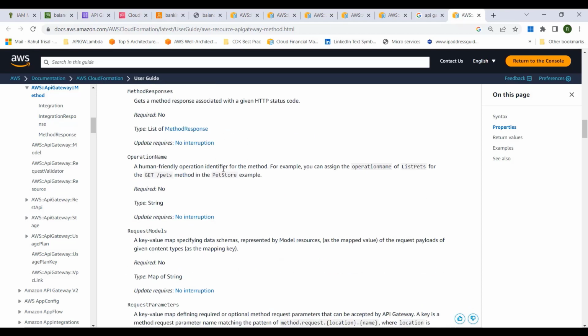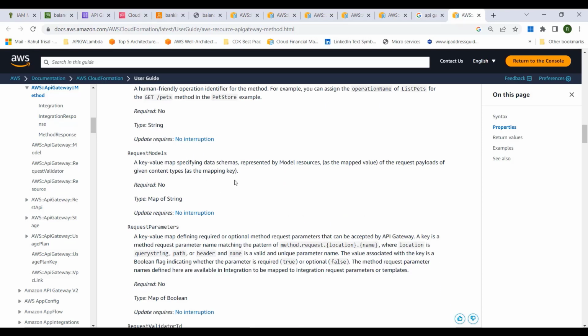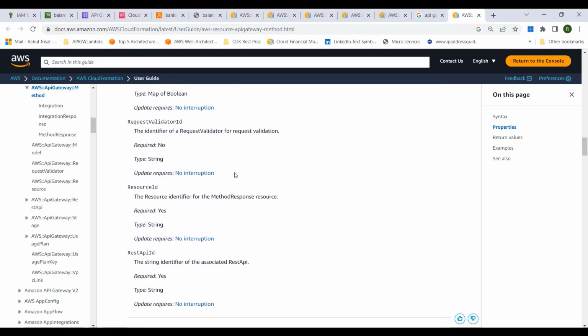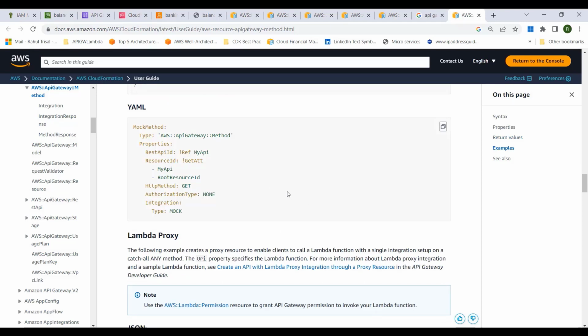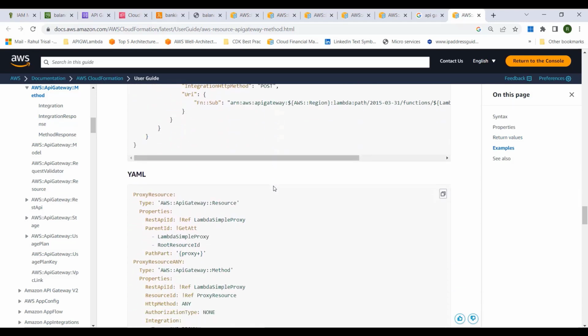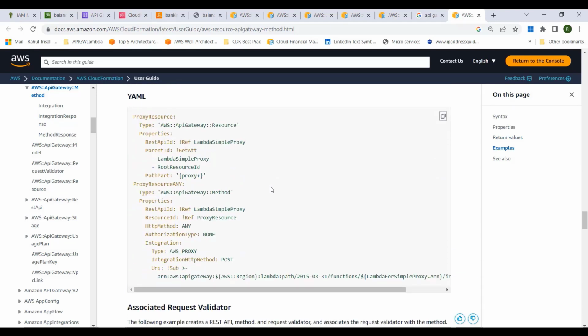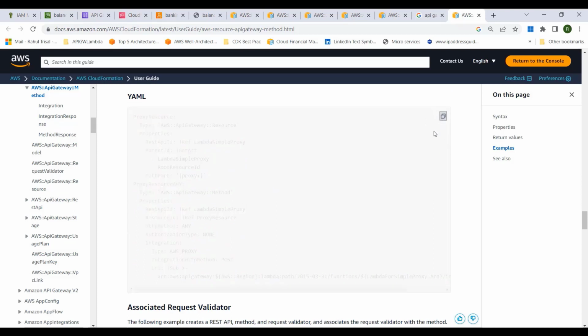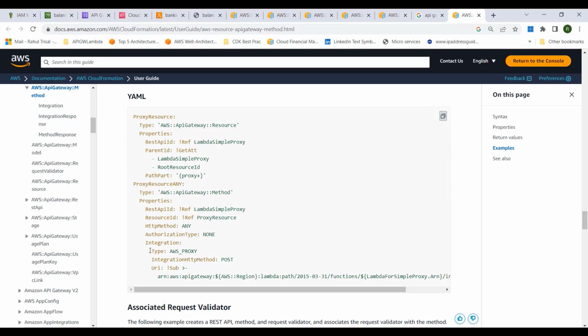Okay, so there are some other things you can go through. We're not going to use most of them. Now let's take a look at a sample example. Here is a sample example that has been provided, and I think I'm going to use this one. Remember that the type here is AWS proxy, which means it's not going to do transformation. So we're going to use a little more complex one where we have the Lambda function and it's not a proxy. So I will just copy this template and let me go here